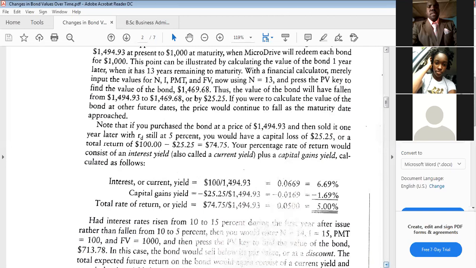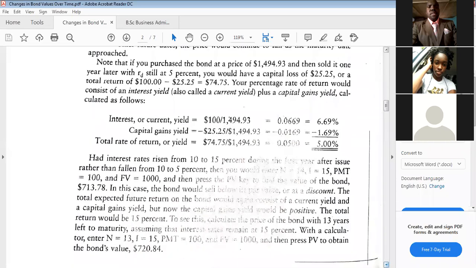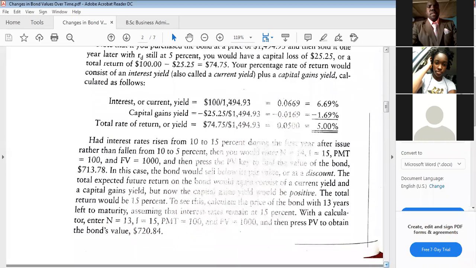All right. So the current yield is what? 6.69%. And you calculate that by putting what? The coupon over the amount that you purchased the bond for. All right. This kind of picture can take a little bit, so I'm going to read this part for you. You can write this down still, not necessarily, but anyways,